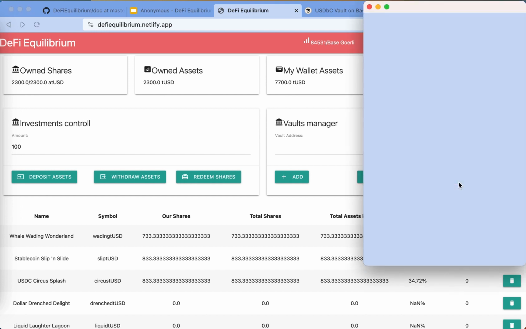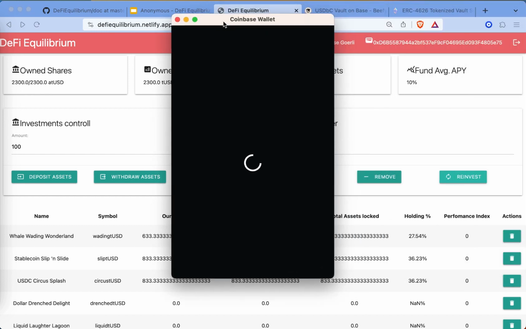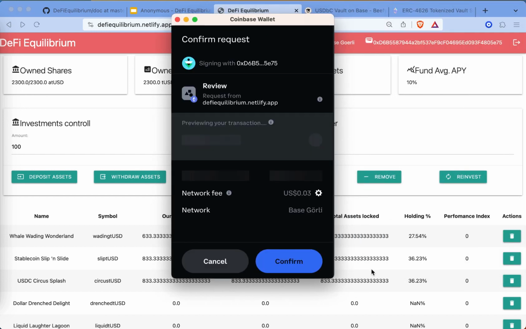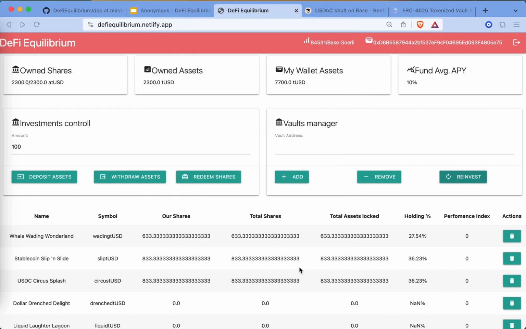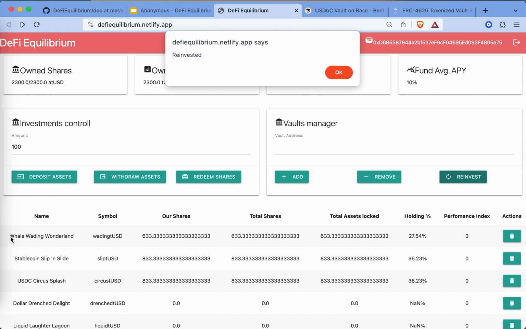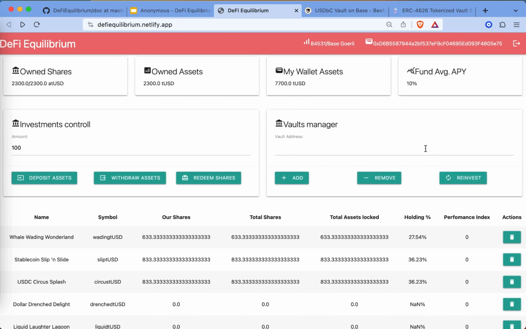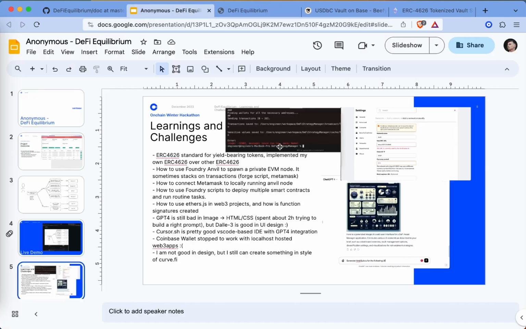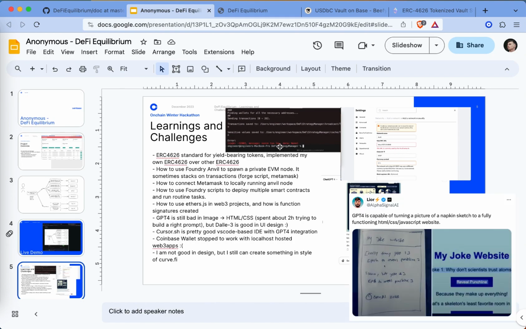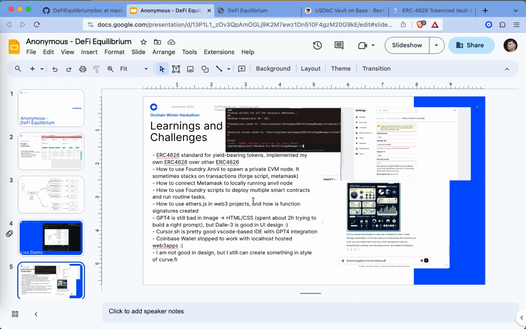You can run the investment strategy function, and it just chooses a top performing pool over time. But this time it doesn't make sense because there are 3 top performing pools, and this function is supposed to be called by cron jobs. I hoped that GPT-4 would create it for me by design, but I needed to create it by myself, and probably it's